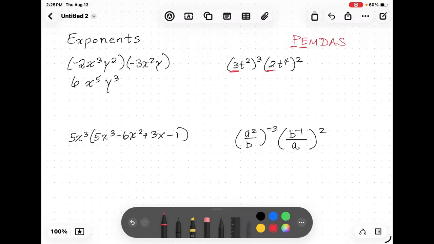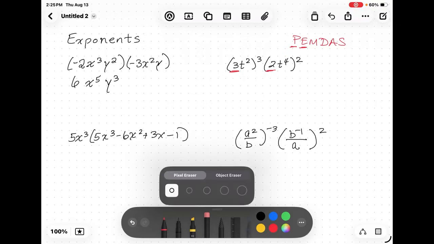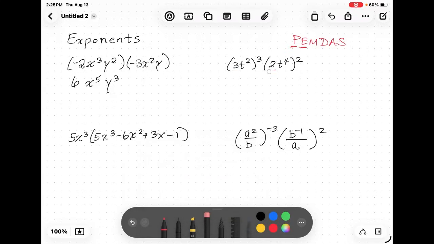I cannot do 3 times 2 yet. What do I have first? Parentheses. I want to simplify these parentheses here. Can't do anything with 3t squared,